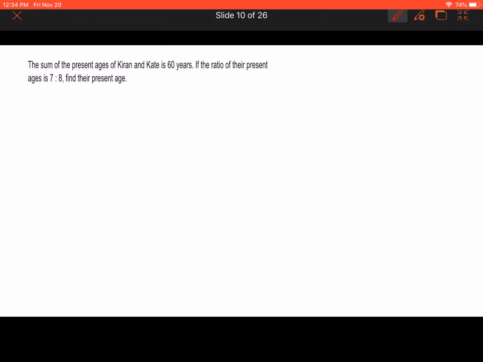The sum of the present ages of Kiran and Kate is 60 years. If the ratio of their present ages is 7/8, the first time we are seeing the ages in terms of ratio 7/8. Okay, find their present age. So what we have to do is